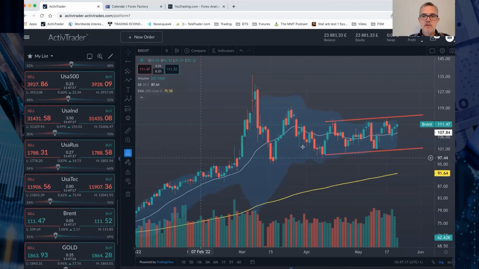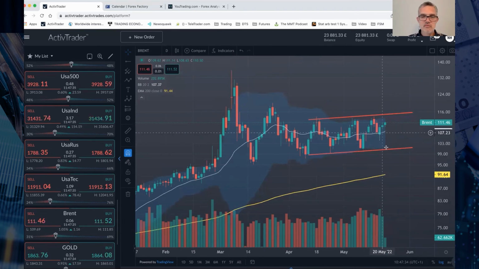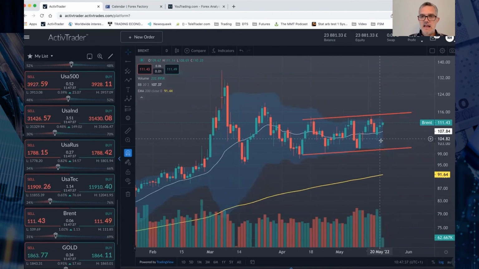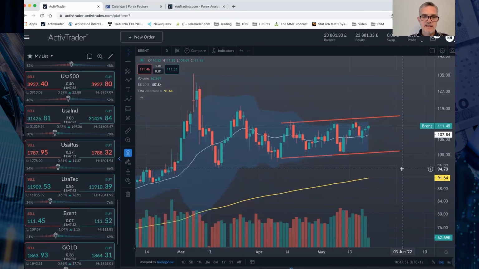Obviously, if Brent and WTI were to break out of their channel, if they were to come lower, then that would help inflation. And we'd actually see PPI, CPI, and PCE come lower. That would help the beta stocks like the Nasdaq and the S&P 500 actually have a better outlook for the future. At the moment, though, this lower dollar is keeping energy prices supported. So it does look like we're going to come up and test $116 per barrel again in Brent. But we're waiting to see what happens in the future in terms of supply and demand.